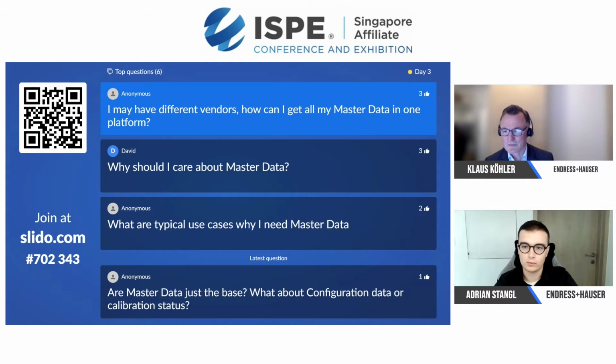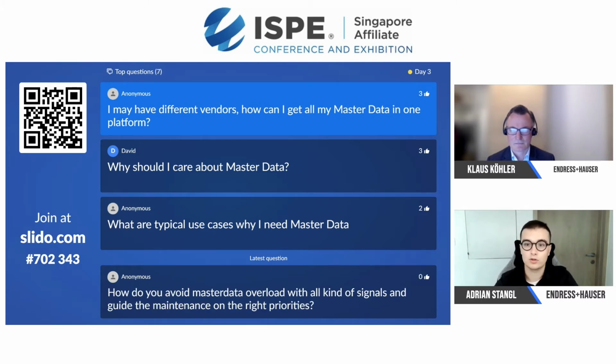So, for example, we can think about the SAP AIM, Asset Information Management, and there it's a platform where all the different vendors can put in their master data. So, for example, we from Endress+Hauser developed a very easy and special connection from our cloud environment, which is called Netilion. So, of course, we have all the information of our instruments in our own database, but with this connection to this SAP AIM, for example, we make it available for you as a user,